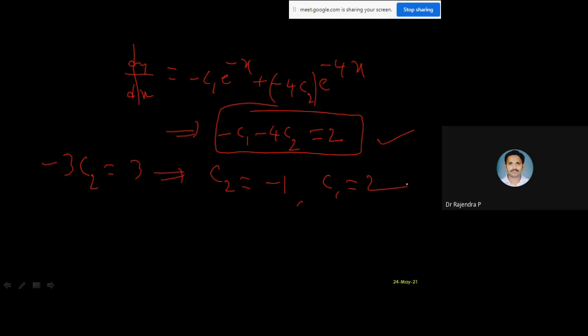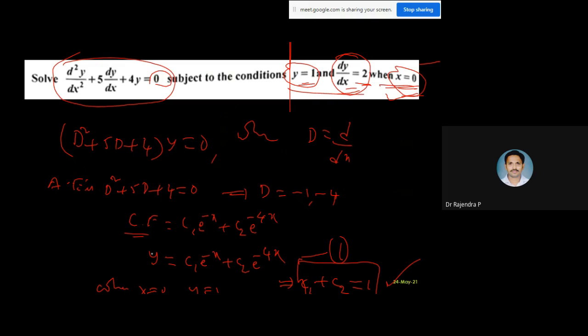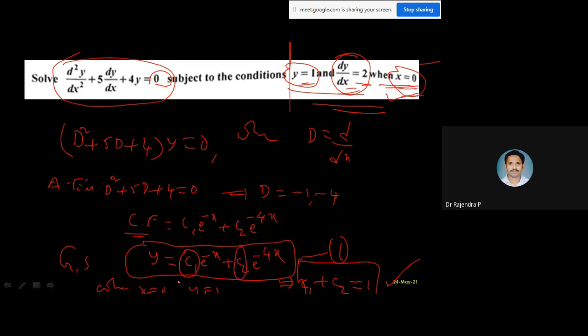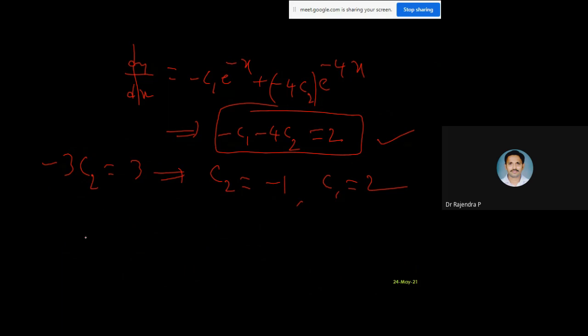Good. So these values we got, c1 value 2 and c2 value minus 1, are the arbitrary constants. Before this, the solution we had is called the general solution. What is the solution name? General solution for the given differential equation. If they give boundary conditions or initial conditions and ask you to find the solution, then that solution is called the particular solution. Now in place of c1 and c2, I can substitute the values.